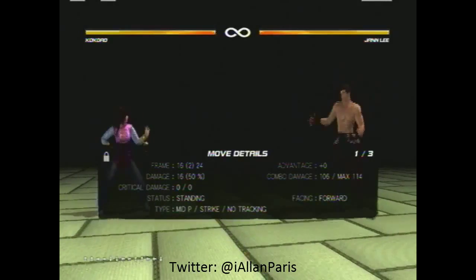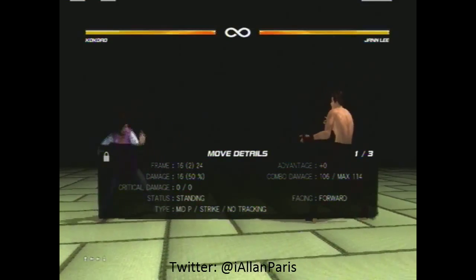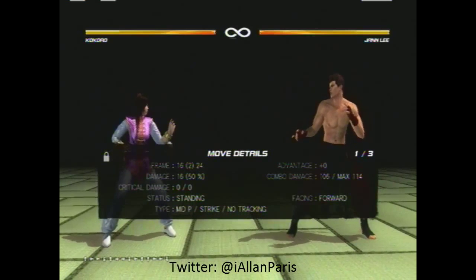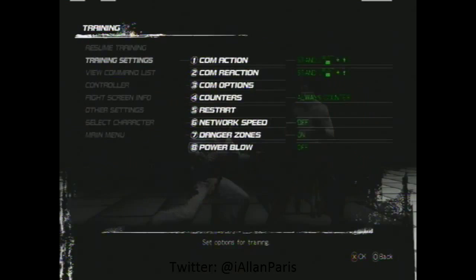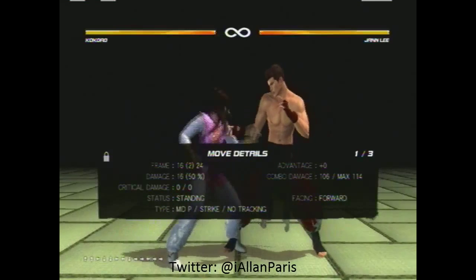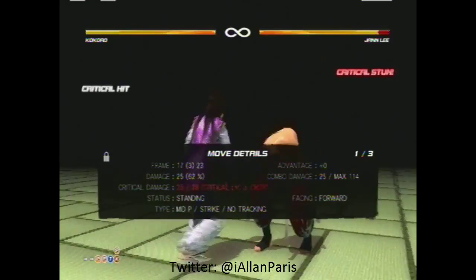Next, I'll give you a little insight as far as Kokoro's mix-up game. Whether or not Kokoro scores a counter strike, her mix-up game is still highly potent in the neutral game, and that's because she has throws that are embedded inside of her attacking strings. So I'll take the training dummy here to guard again, and things like punch punch throw, it puts her at plus 11,